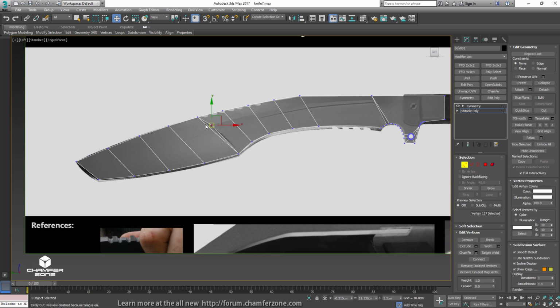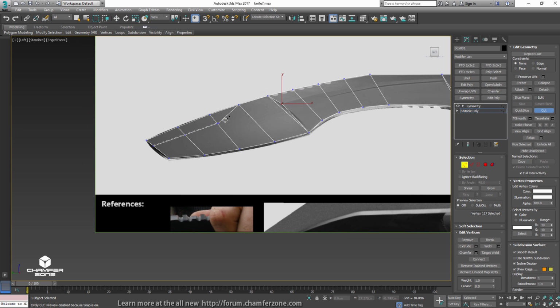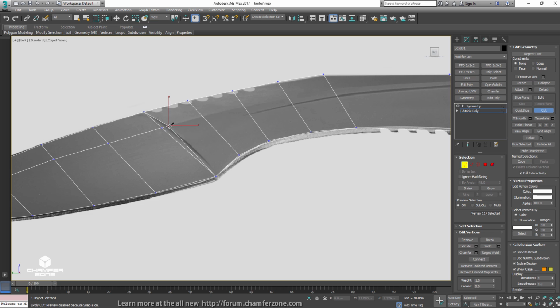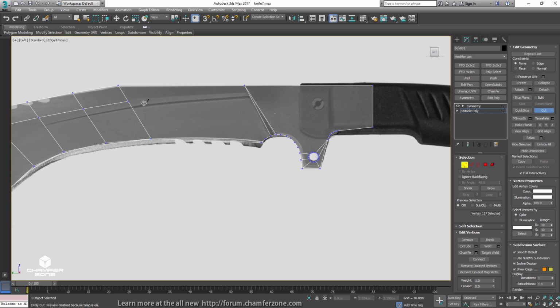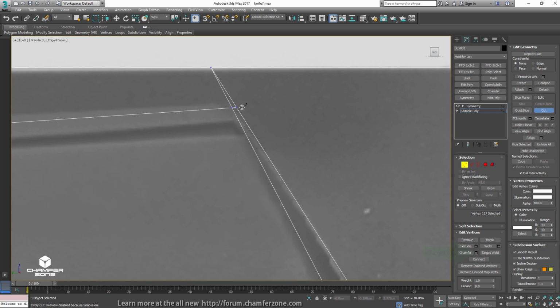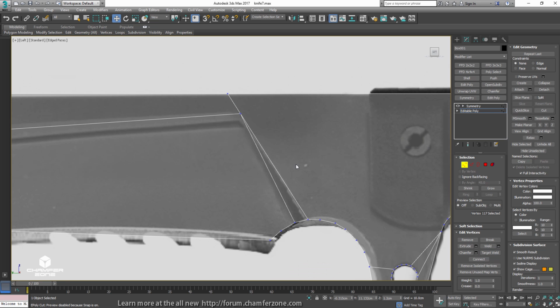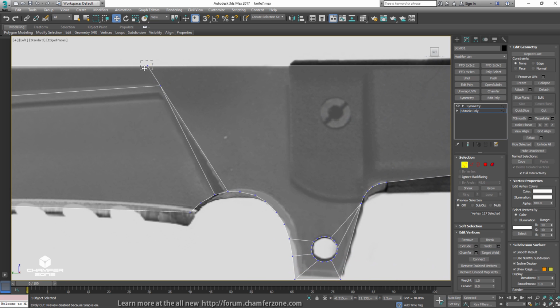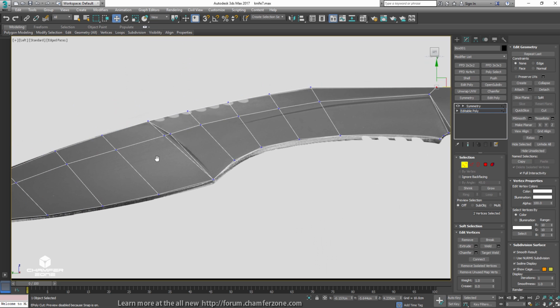Gonna bring that vertex up here. And just, while still being in the cut mode, follow that bevel that we see there on the reference image all the way to here. And let's just target weld that there. Take that back. And now,